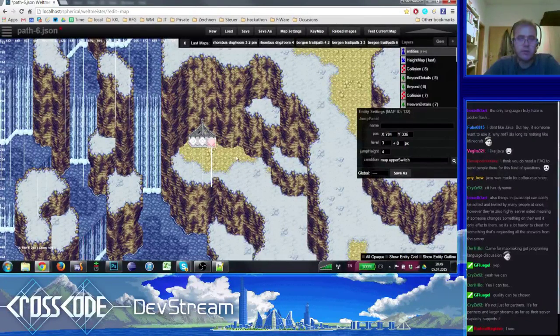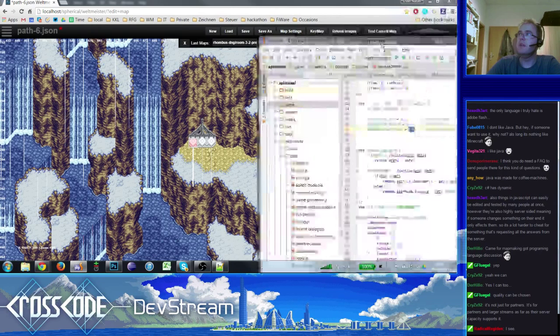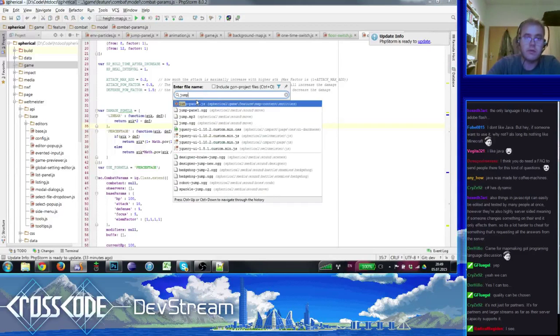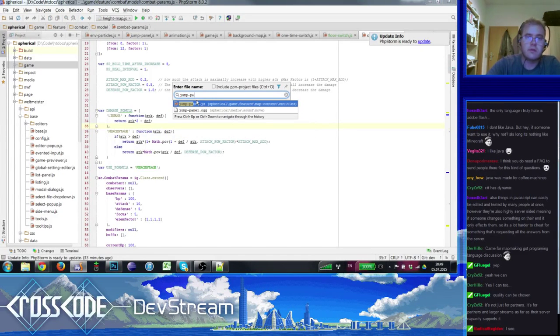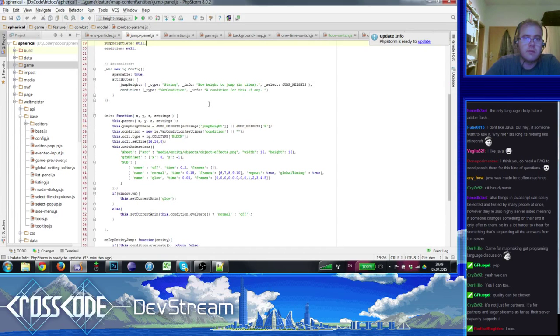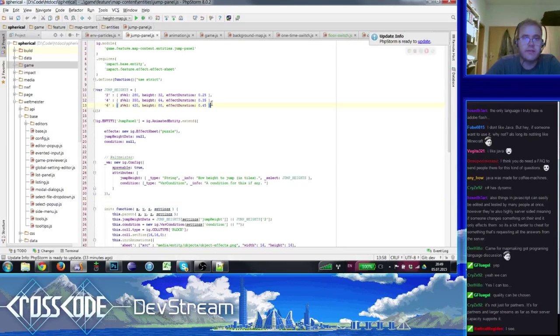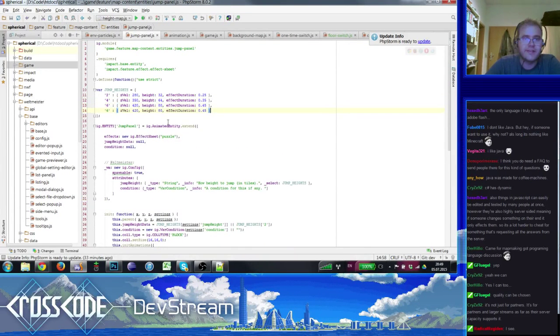Here we go. And oh yeah, the jump height. Okay, let me just add the jump panel height for the height of 8. Now the big question is, what's the right effect duration and jump speed? It's not straightforward to get the right value here. Like, see here, the difference is like 100 and then 70 here, 70. Here it's again 70.